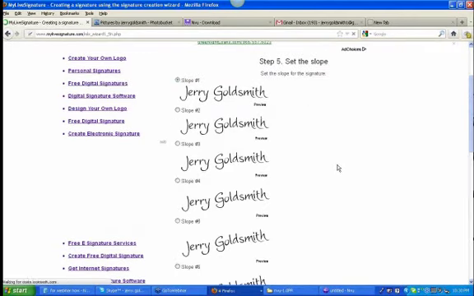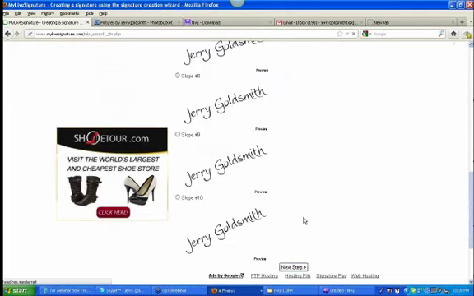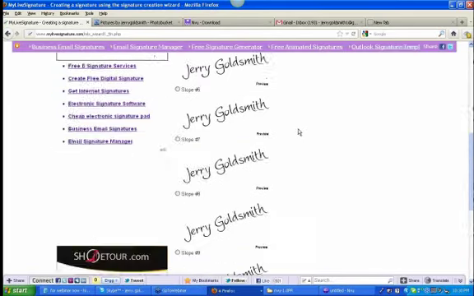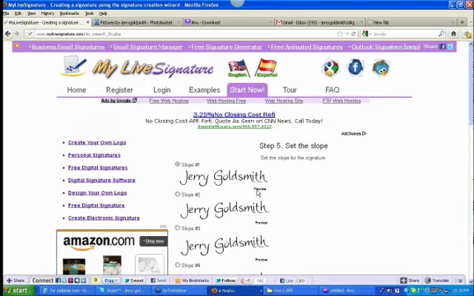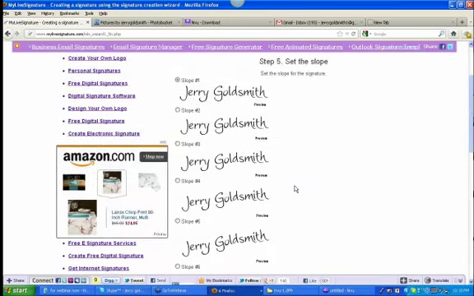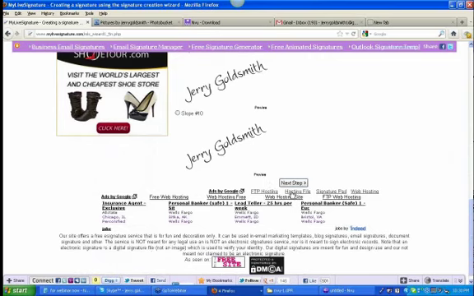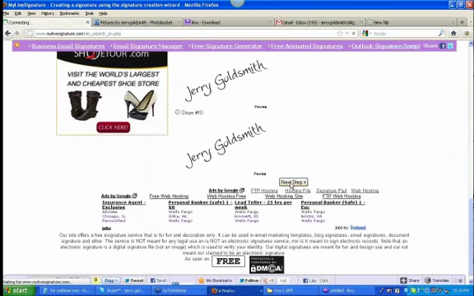Okay, now this one's kind of nuts. Do you know anybody who signs their name like that? So I just go for the absolute number 1, just the plain slope. I don't even do this, but it's kind of interesting. I don't think I've ever seen a signature like that. Click Next,